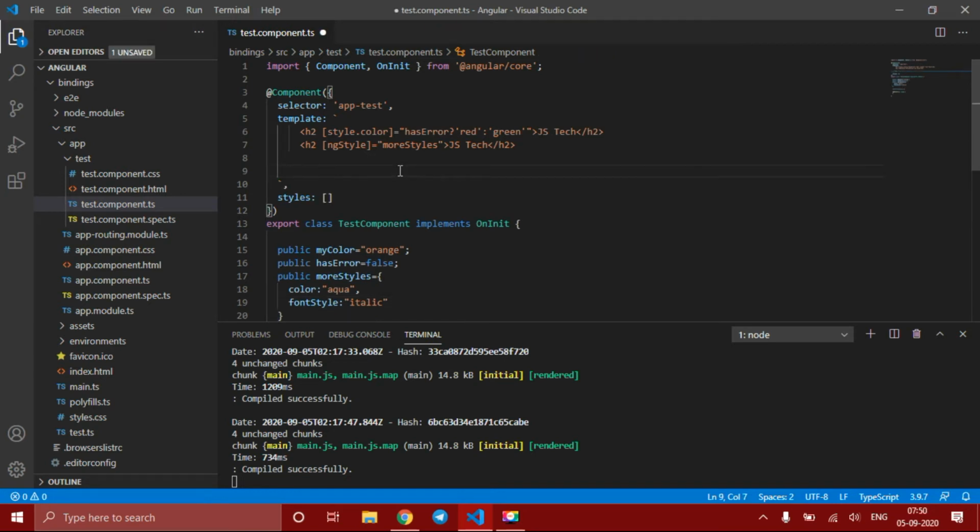So let me create a button. When I click on that button, some output or some string should come in the console. So for that, let me create a button. Okay, let me give this a button having text as click me, and we should write a click event here.